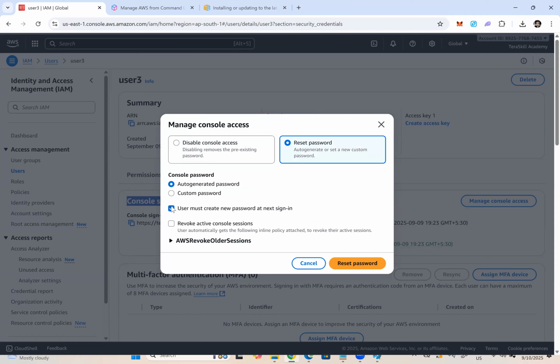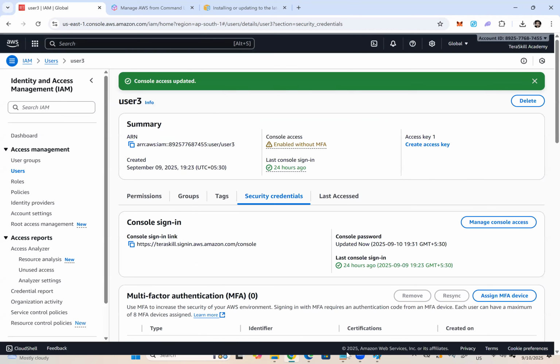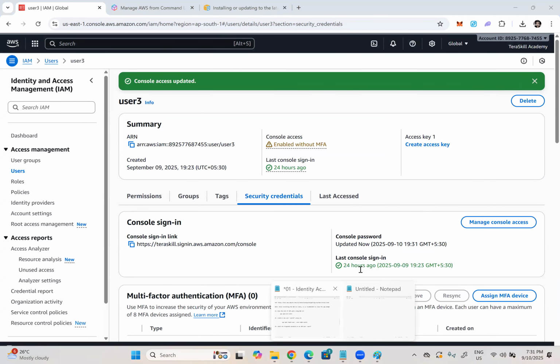This is how in real time we will reset a password. This is a mandatory part. Reset a password. What it does is, if the user is already logged in on any other browser, if there are some active sessions, those active sessions will be closed, killed. Reset password. Here is the password, and I will share that password with user 3. Then what happens? The user 3